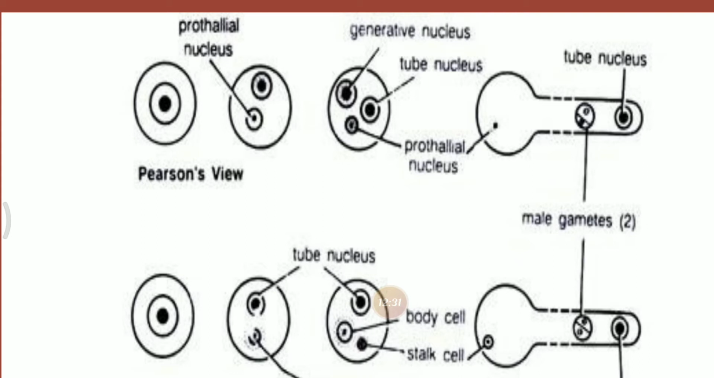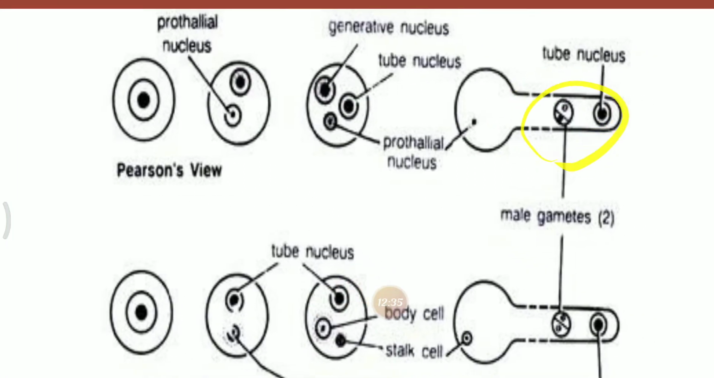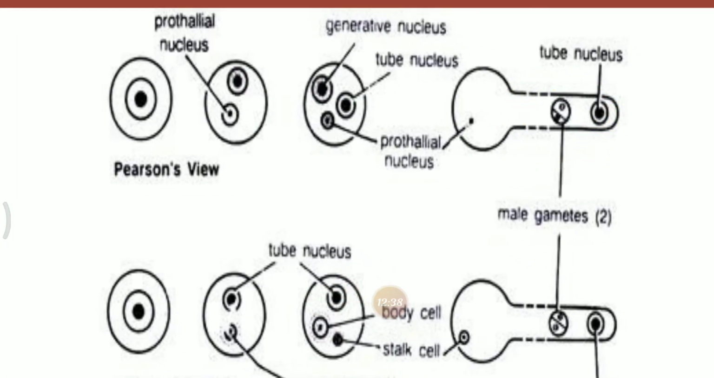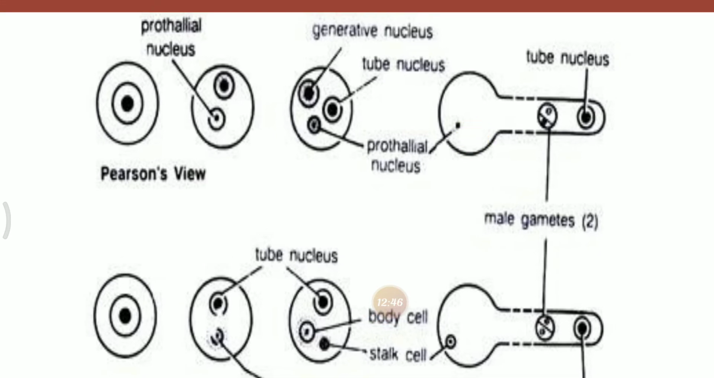Hence it is called a tube nucleus. So this is the tube nucleus. This is where the particular pollen tube is enlarged. One nucleus remains inside the pollen grain, and it does not play any role. One will be remaining inside, the empty one. And later the other nucleus develops a cell membrane around it and forms a cell called the generative